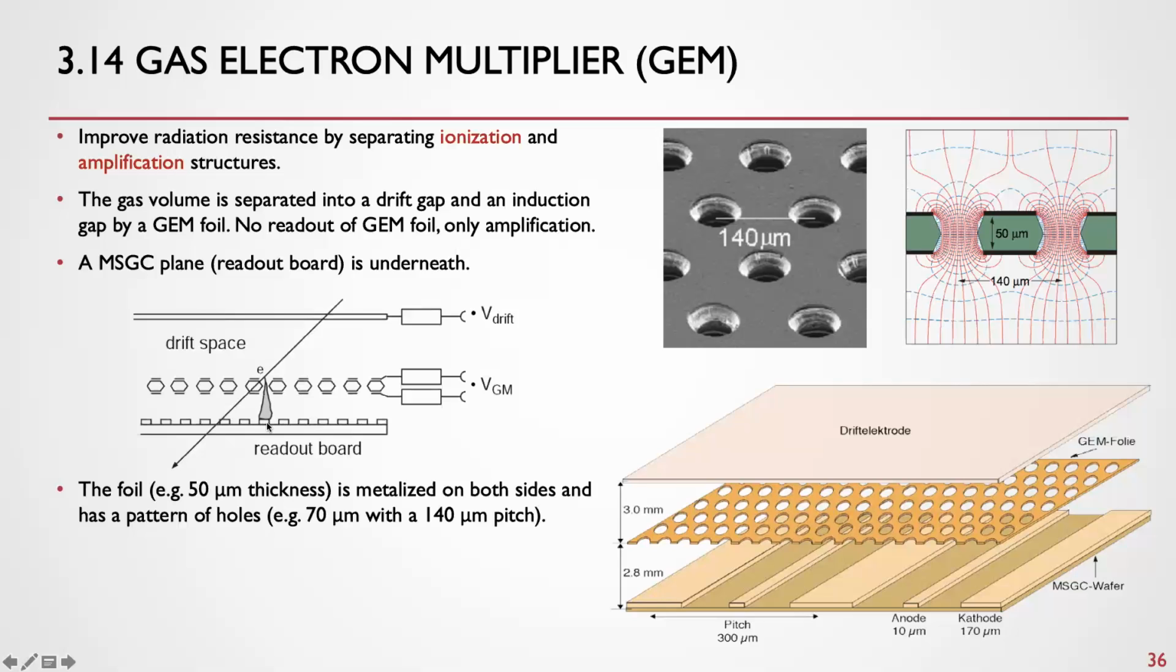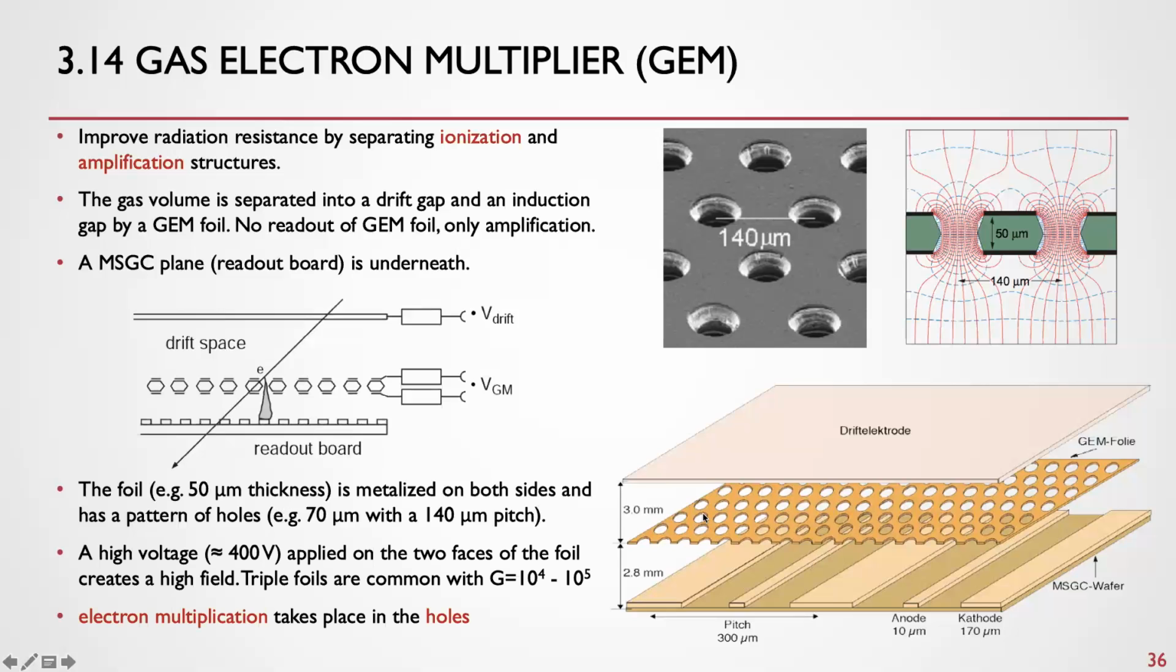drift towards the readout board, where we find again anode and cathode strips, exactly equivalent to the previous case. This GEM foil in the middle is cheap to build. It's metallized on both sides so that we can put it on a high voltage difference. However, of course, the top and the bottom are insulated from each other. 50 or 70 micrometer thickness is a